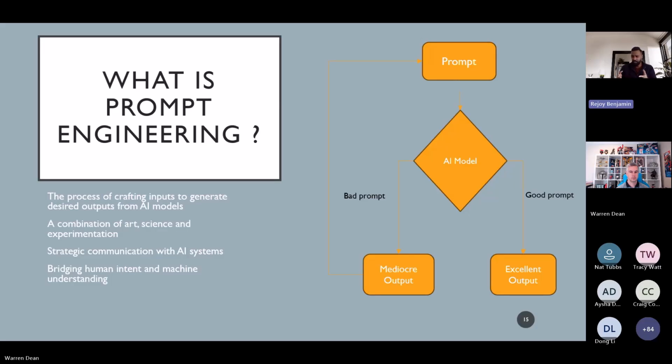But if you have a good prompt, then you actually get the output that you want. And if it's a bad prompt, the mediocre output is just going to keep sending you back to prompts. You're going to keep typing, you're going to keep asking questions, and sometimes it's going to give you random answers that you never asked for,